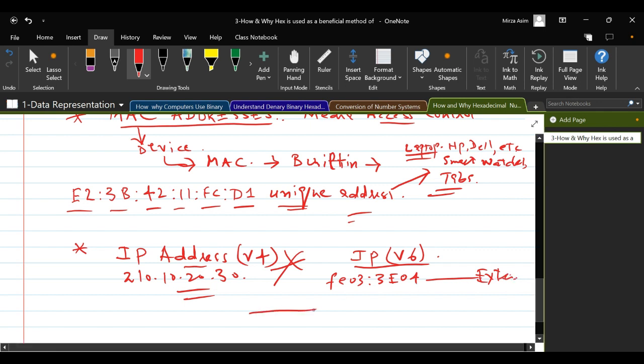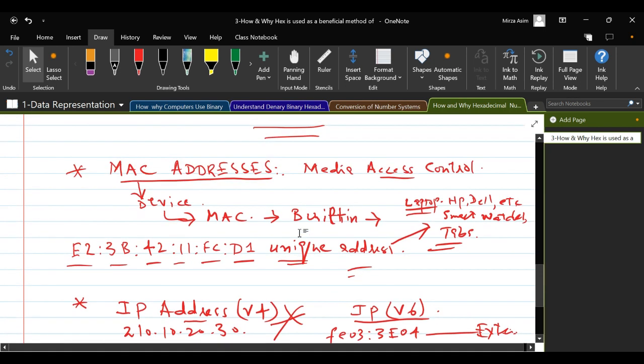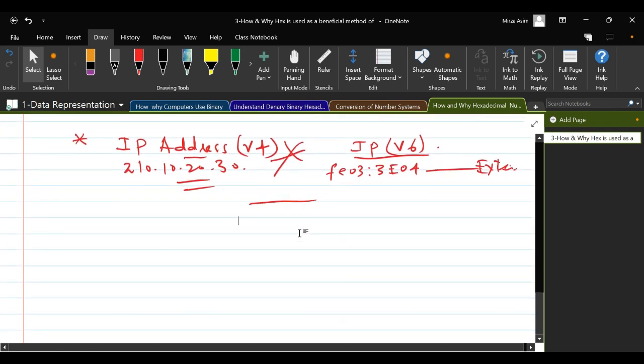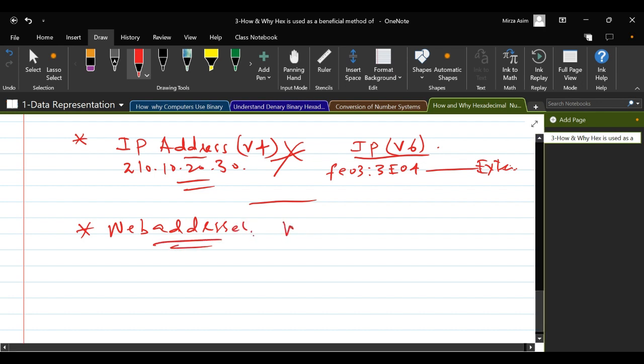They look like this. So in IP addresses and MAC addresses you can use hexadecimal numbers, and you can also use hexadecimal numbers in web addresses. Web addresses means, beta, for example, you have this web address URL, bbc.com. If you convert these characters into hexa, then the website can still open.